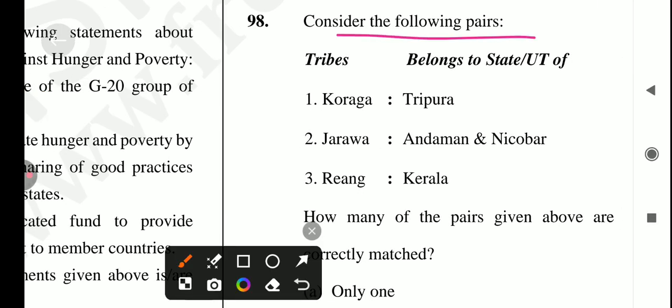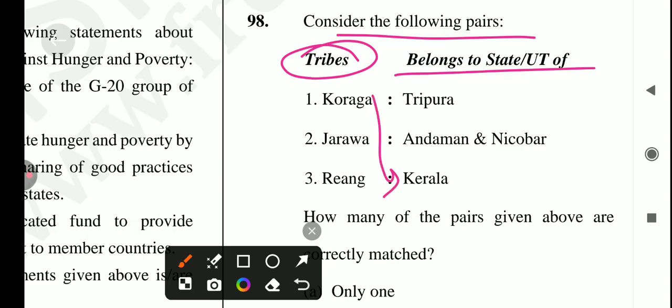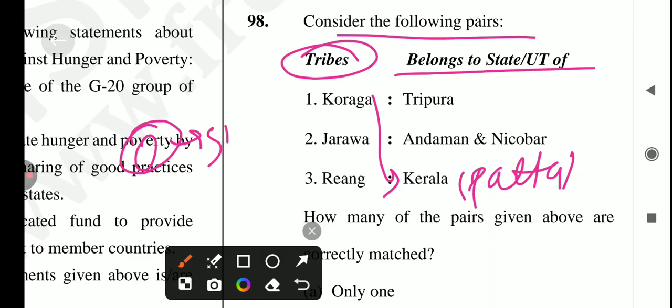There are tribes, and we have to see which state or UT they belong to. So first is Koraga. Koraga belongs to Kerala. Okay, and why is it in news? The Revenue Department of Kerala has initiated steps to provide land titles, what we call pattas, to the Koraga tribal group of Kasaragod in Manjeshwar taluk, in a project called Operation Smile. The name of this project is Operation Smile. Okay, next is